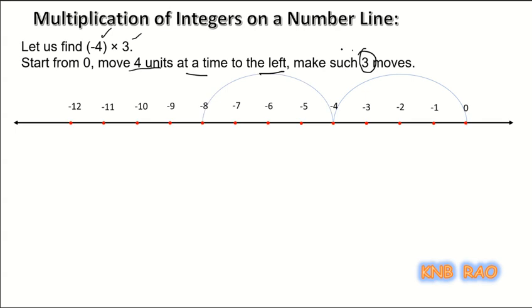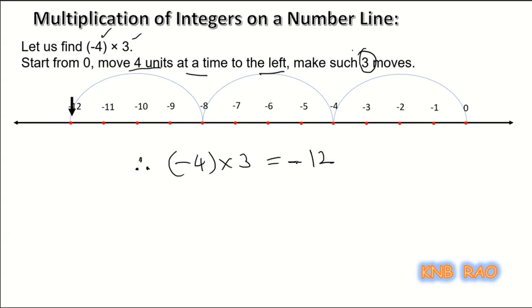As a second jump, minus 4 to minus 8. And at last, the third jump is from minus 8 to minus 12. Now, students, we arrived at again minus 12. That means here minus 4, when it is multiplied by 3, gives us 12, but in negative direction, that is